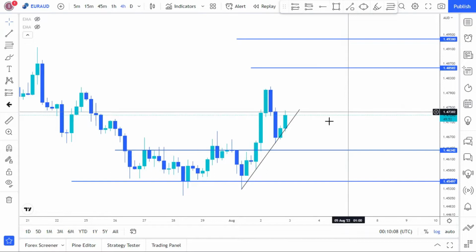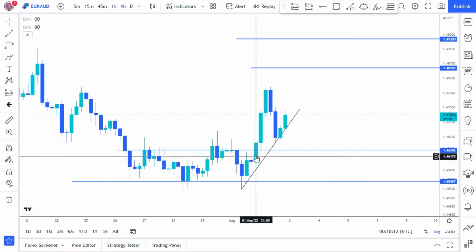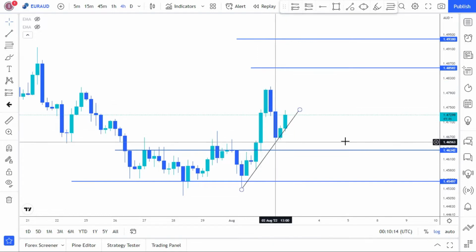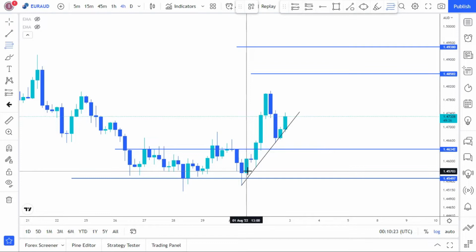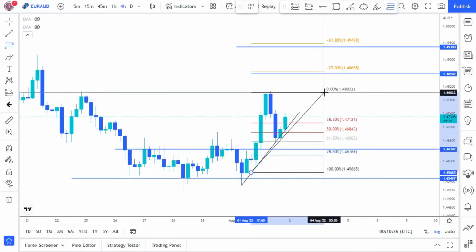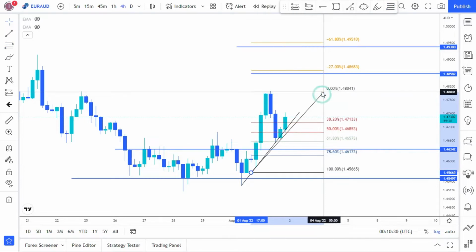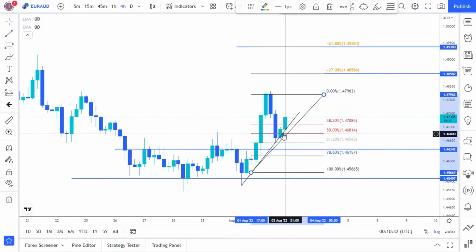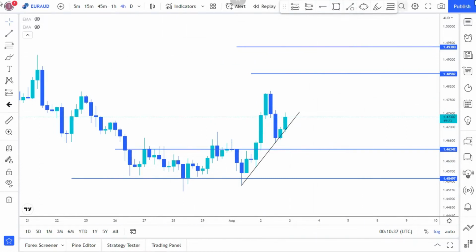Yesterday we couldn't take this trade, waiting for this breakout, of which we had this breakout, and we just waited for a retracement, of which we got a retracement at this 15-point level. We're currently on this trade now with 30 pips in profit. We got in around this level here, 30 pips in profit, and looking at 200 pips